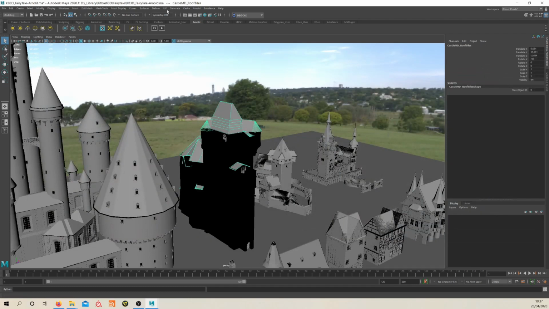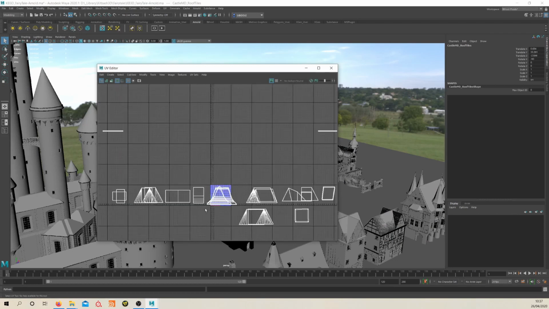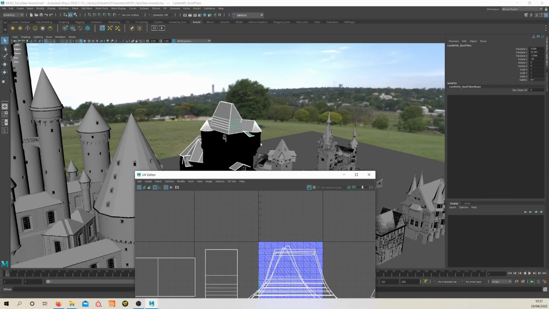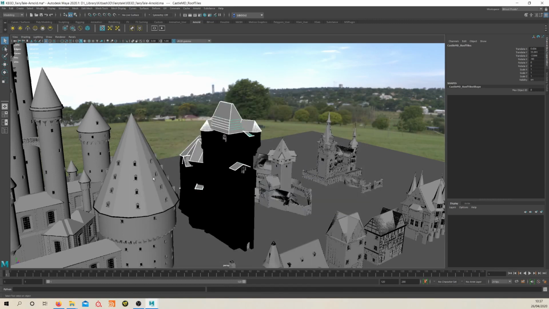Let's have a look at the UVs. Actually, it's a bit of a mess what I've done here, but the main thing is I've taken the shell, these parts of the roof, and I've made sure they're only on one UV tile, so we're not getting loads and loads of those decals spread all over like with this one. If we look at that render again,